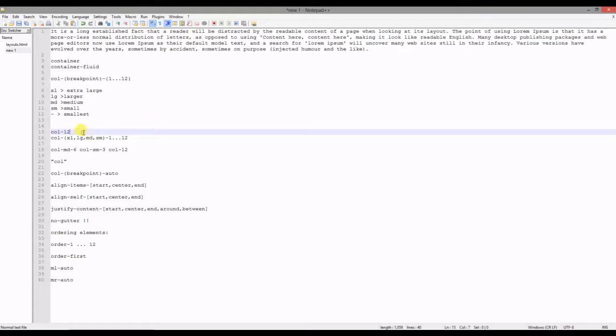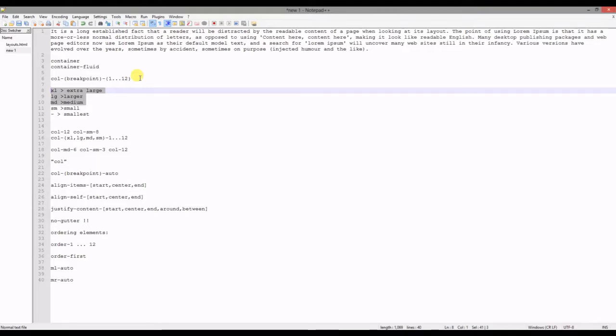So what I mean is, if you have something like this and you did not mention any of these breakpoints, what it automatically does is it finds the next available breakpoint styling and applies it to medium, large, and extra large. So if you mentioned this and you didn't mention any styling for medium, large, or extra large screens, it's automatically